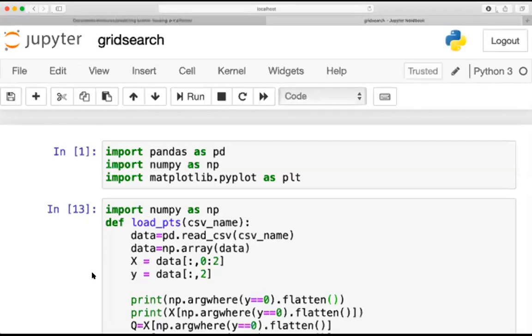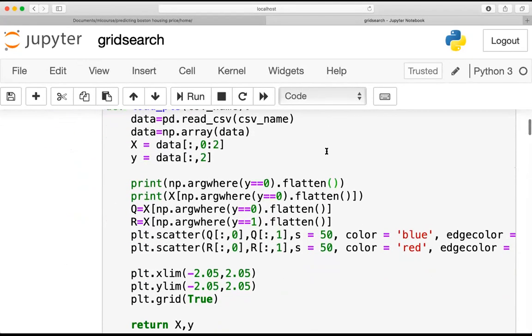Now, as I have already discussed argwhere, it is used to find the indices of those elements whose y value is 0, and then flatten from n-dimensional to a one-dimensional array.